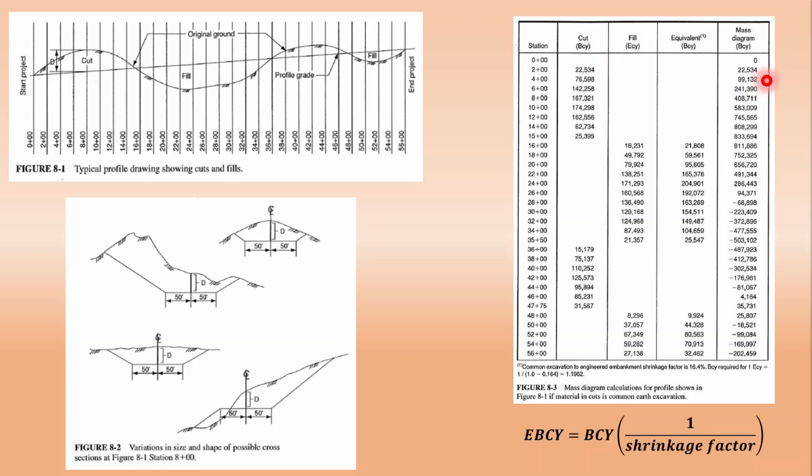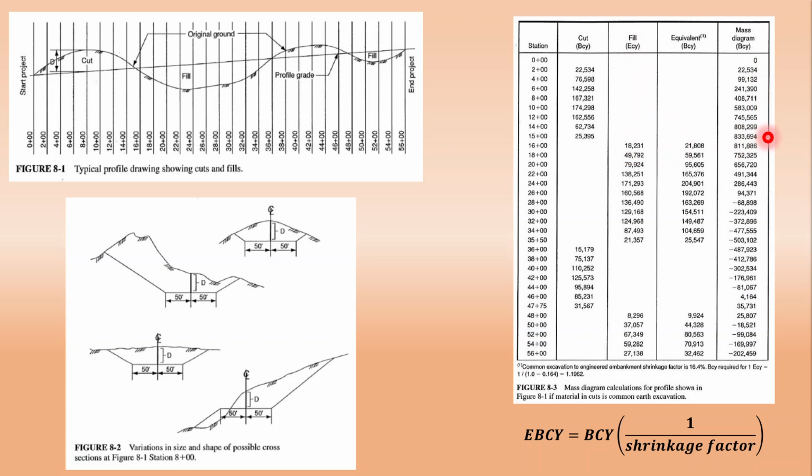So now we've accumulated an additional 76,000. So we're up to almost 100,000 cubic yards of cut. So you can see this is a running total, right? It's accumulating on itself. And then once we get into fill scenarios, right,